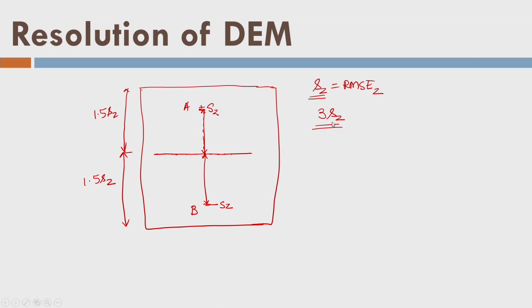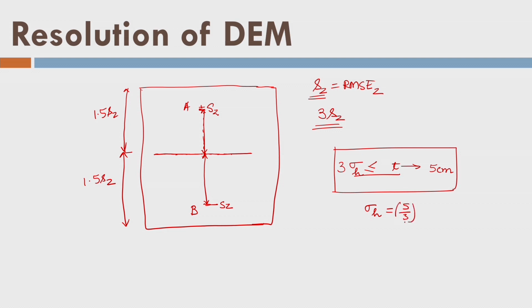This concept was already explained in the module 4 adjustment computation. So if you have this 3 times this logic, 3 times sigma h less than t, then what will happen? If your client asks 5 centimeter, so you will have a sigma h 5 by 3 centimeter, then even plus sigma h error minus sigma h error, but you are always within this 1.5 sigma h